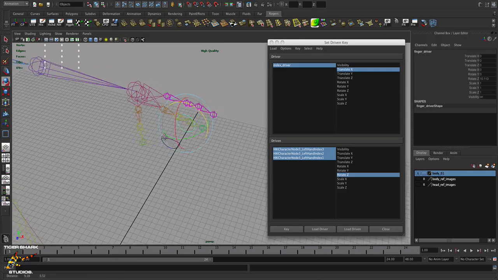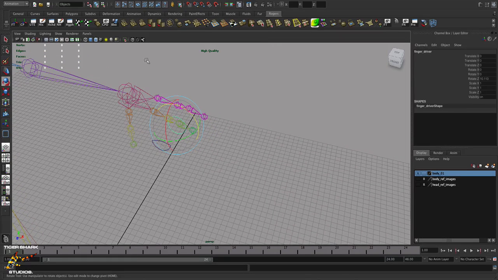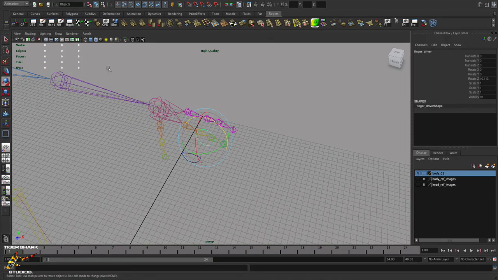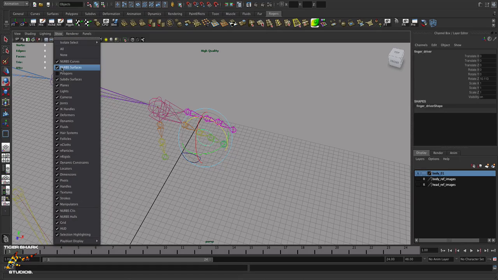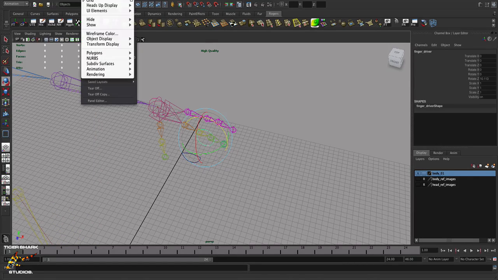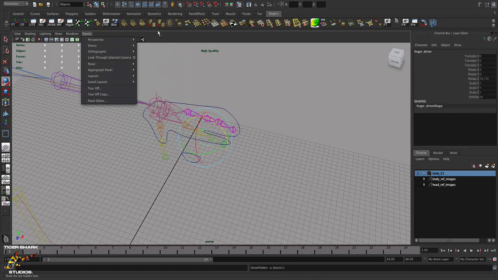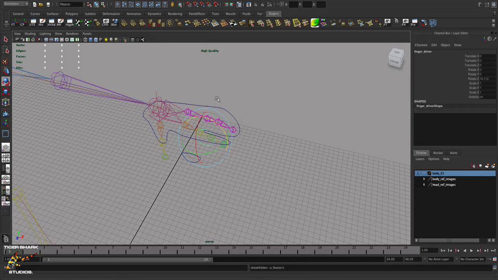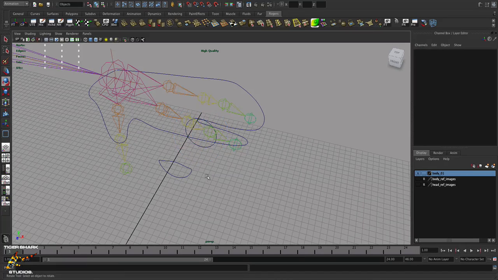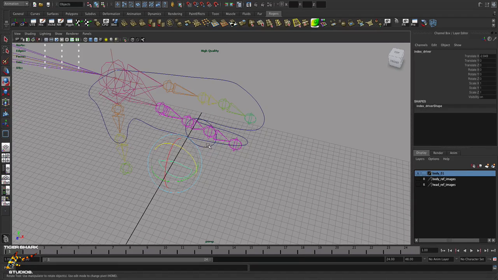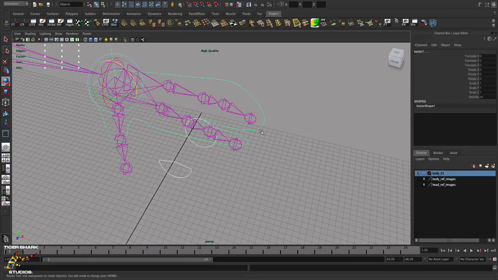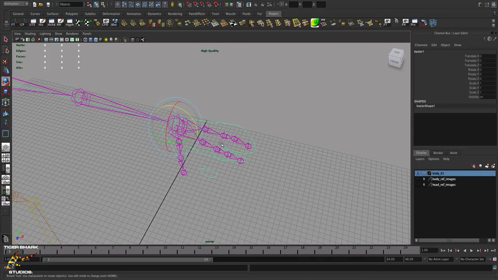Okay, and I'm just going to minimize that. And again, if you want to, I'll go to display and show last hidden, which was the wireframe hand. If you want to now, you could select those two controllers, shift select the hand and say P to parent. If you now move that wireframe controller,